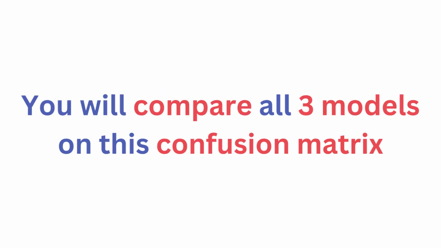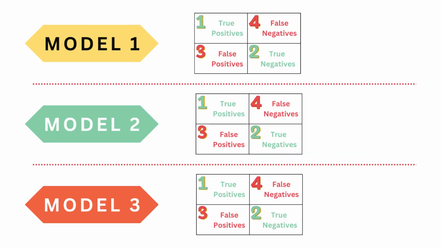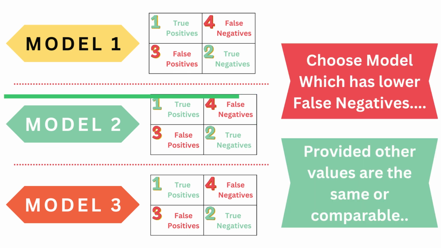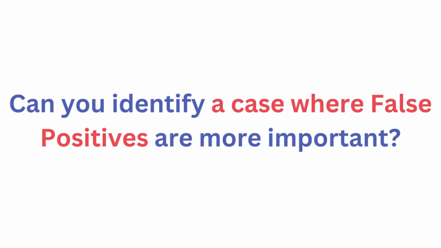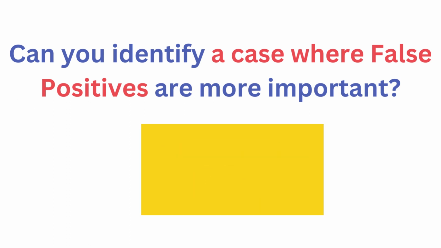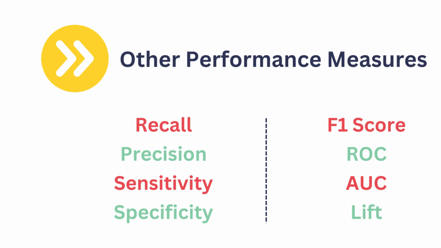So remember, you had developed three models. Now you will compare all three models on this confusion matrix, and you will choose the model which has the lowest false negatives, provided other values are the same or at least in a comparable range. Now, can you identify a case where false positives are more important? And coming down below,